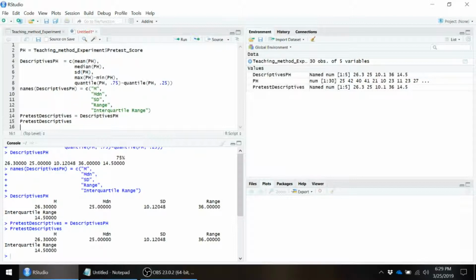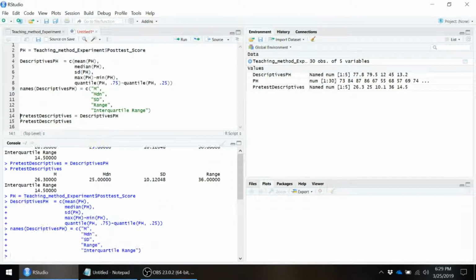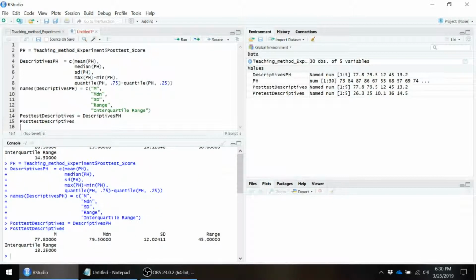Now let's say we wanted to turn around and run these for the post-test variable, in which case all we need to do is change what our placeholder variable is set to. So now we want the post-test score, rerun that, rerun that, rerun this, and now we can just rename these variables down here. And now we have the descriptive statistics for the post-test saved right here,